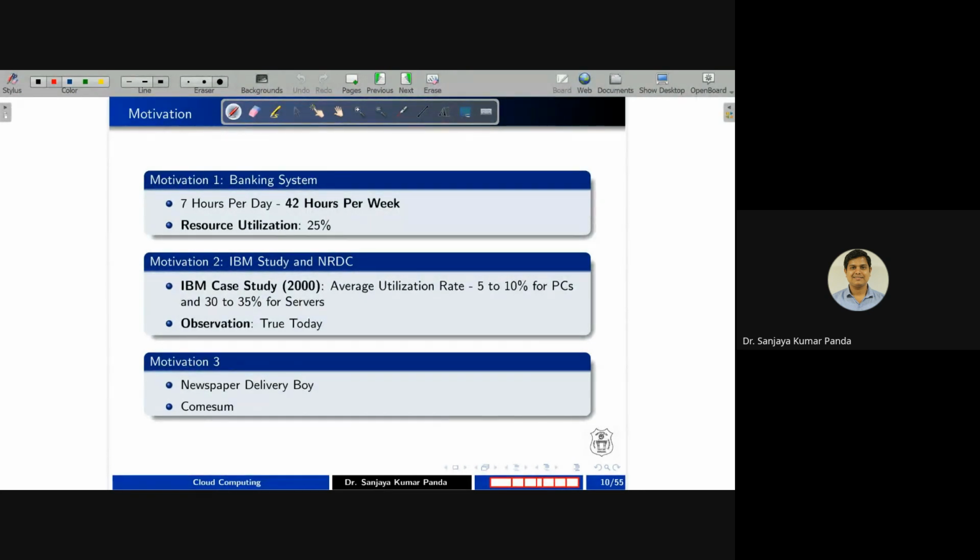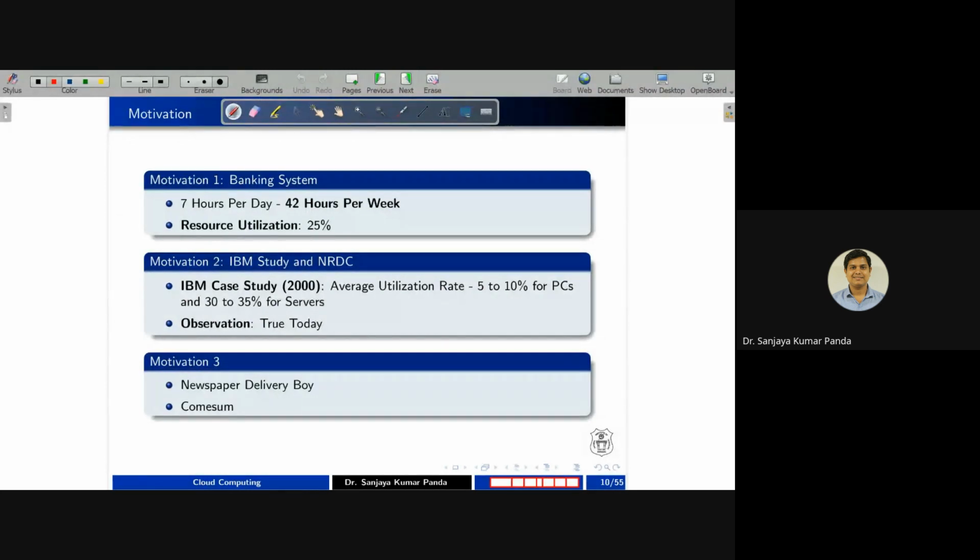Again, in these 42 hours, your system may be idle, or you are writing code, or you are watching a movie, or you can do anything with your computer system. I am only calculating whether the system is switched on or switched off. So if every day we are using our system for 7 hours, then every week we are using our computer system for 42 hours.